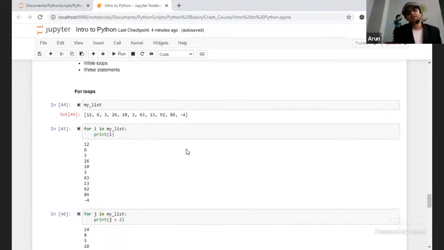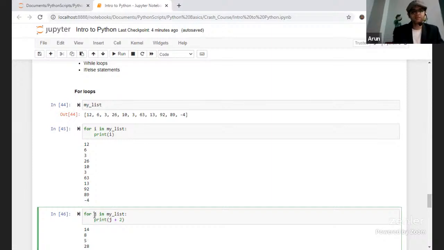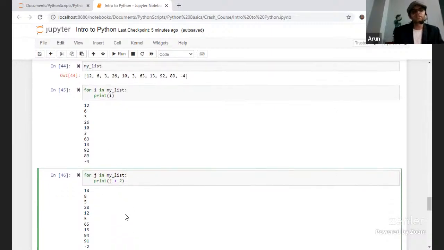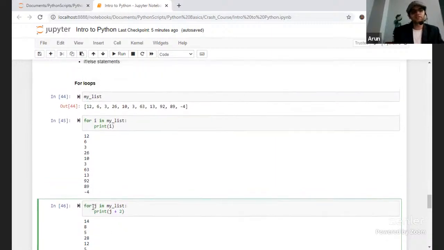At the same time, suppose there is this list with all these values, and I'm trying to print J in my list, and whenever you find a value J, then print J plus 2. So whatever value is there, that value plus 2 should print. For that you can use the for keyword and pass the corresponding variable you are trying to do some calculation or operations on in the list.